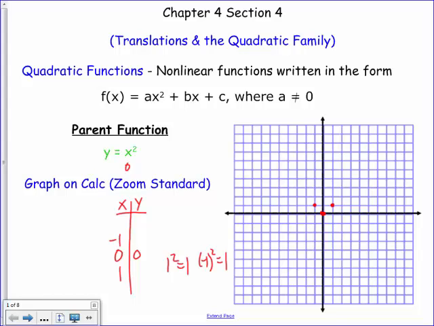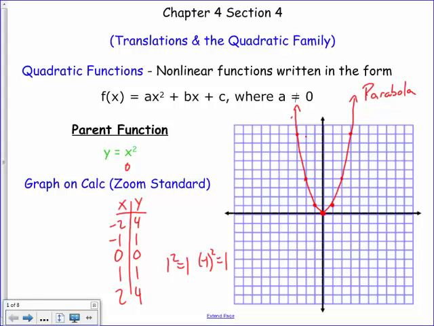All right, so take a look. If I put in 2 for x, I would get 4, right? 2 squared is 4. What happens if I put in negative 2? What do you think? Oh, it's also 4. Cool stuff. All right, so 2, 4, negative 2, 4. And also if I did 3, it'd be 9, and negative 3 would be 9 as well, right? It makes what we call a parabola. So I'm going to get this guy that kind of curves up. Boom, curves up. We call this guy a parabola,